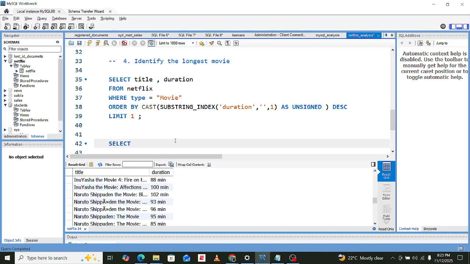Yeah, I'm trying to look for the error here. The cast, order by cast. Let's see this.